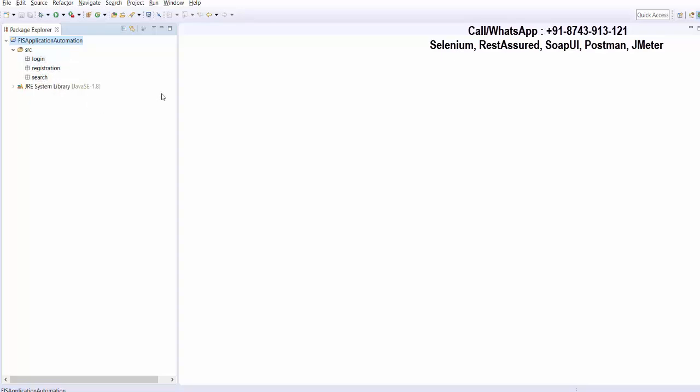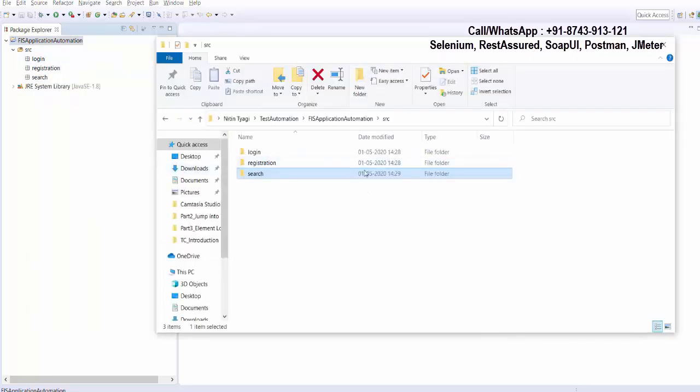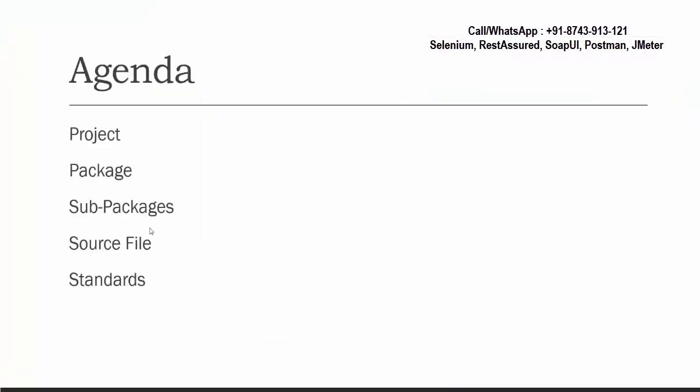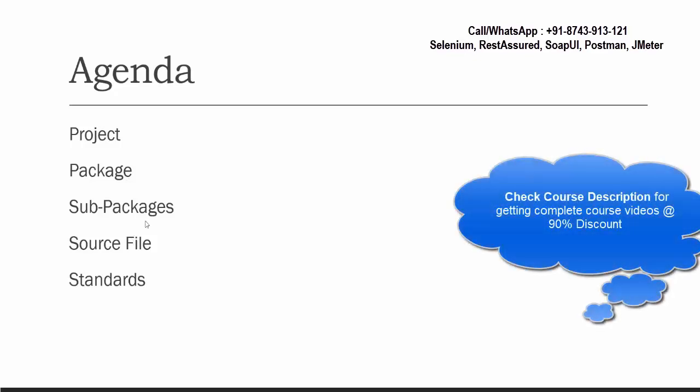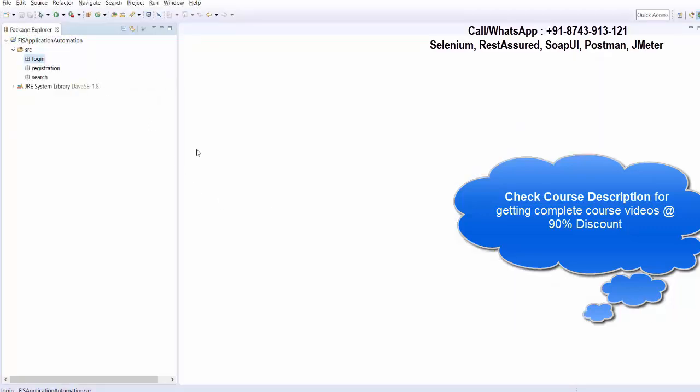So whatever task you are doing here on the Eclipse will be reflected in the workspace, and whatever changes you are doing in the workspace will be reflected on the Eclipse. So here we have seen the concept of project and package. Okay, now what do you mean by sub packages? Okay, let's take an example. I have 20 test cases for the login functionality. 10 belong to the normal user and 10 belong to the admin user. So as of now, all 20 test cases I was about to place here in the login package. But I further want to segregate.